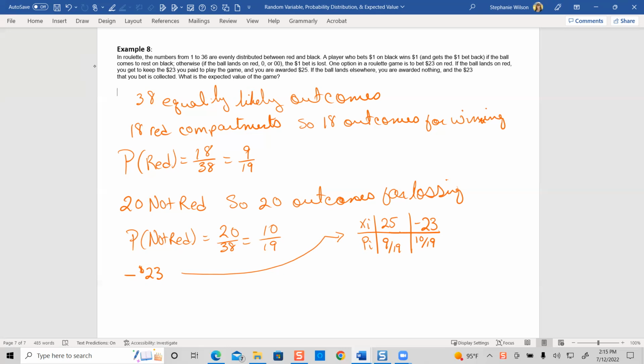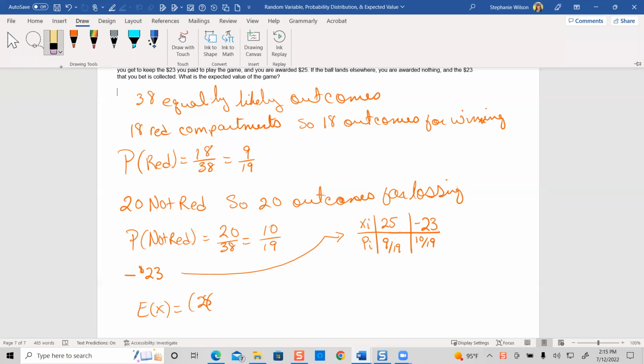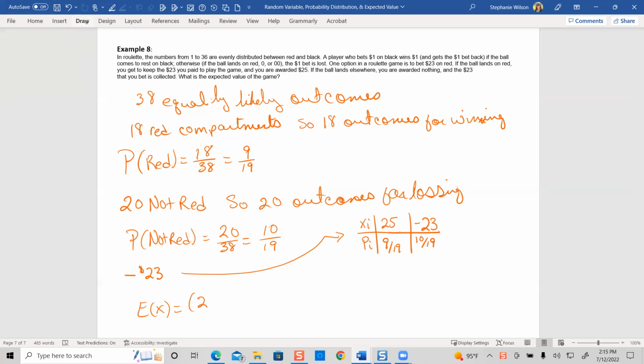So now I can plug in the expected value using the formula. I got 25, oops. 25 times 9/19 plus negative 23 times 10/19. And we are going to type that in the calculator. So 25